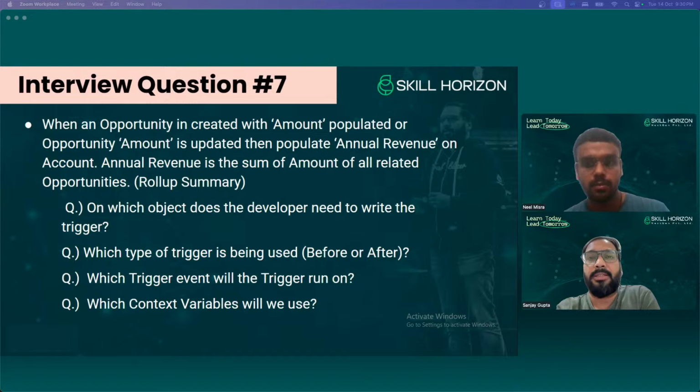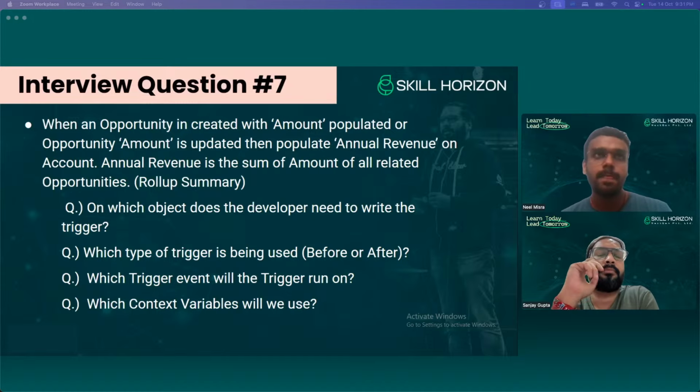So you will be using after insert, after update, after delete, after undelete. And context variables, sir, the context variables which we'll use are isBefore, isAfter, isUpdate, isInsert, isDelete, and isUndelete.